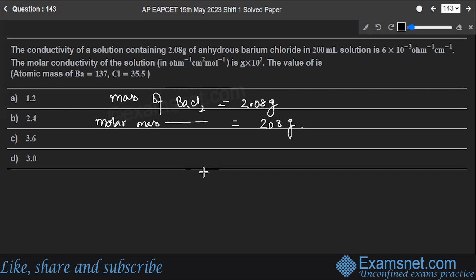Right, because see, this is barium chloride. Barium is having 137, so 2 atoms of chlorine will be 71. The total is equal to 208 grams. So the volume of solution is 200 ml